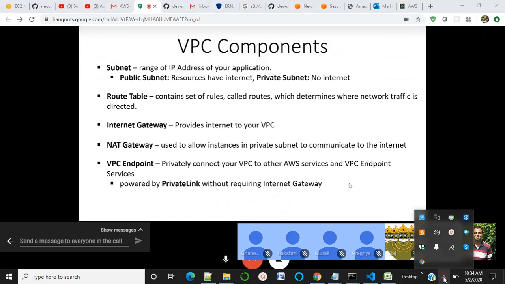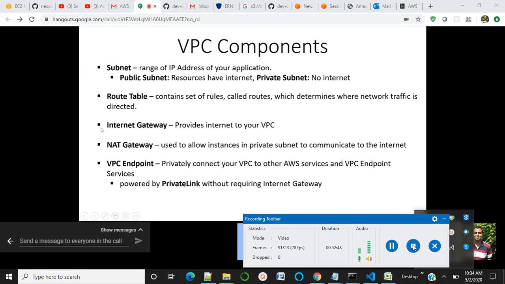Yeah. So this subnet is something which is